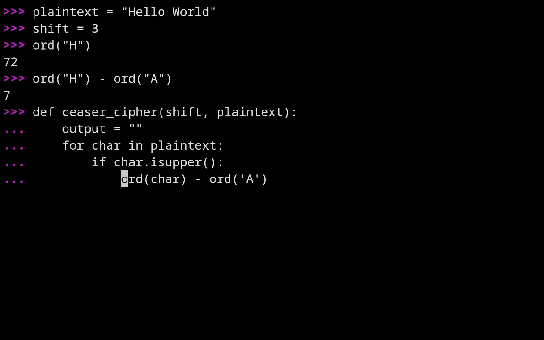And then apply the shift to it, and then convert it back to ASCII. So to do that, we'll add back the ASCII value of capital A, and then we use this function known as CHR to convert the number to a character.